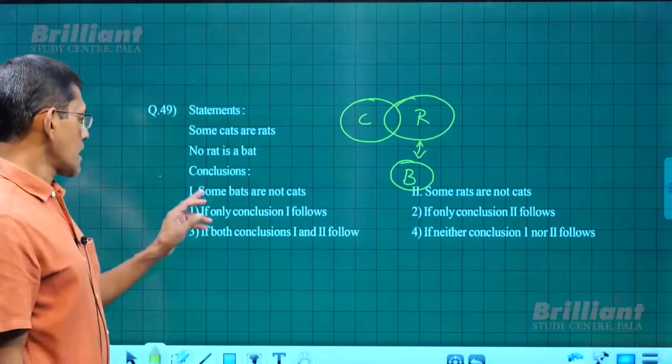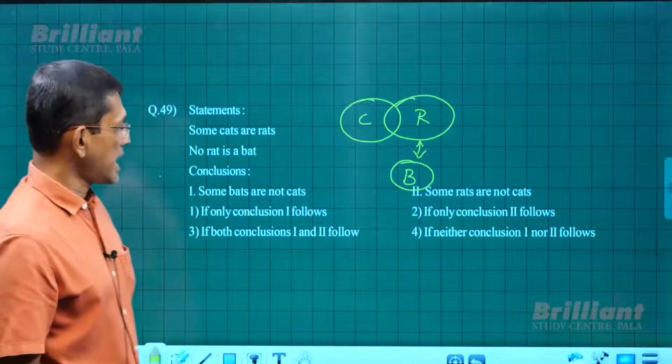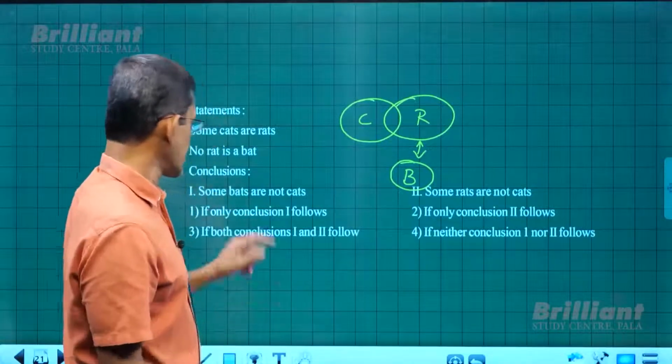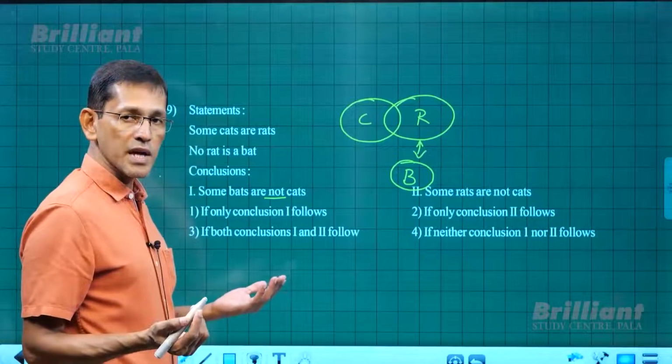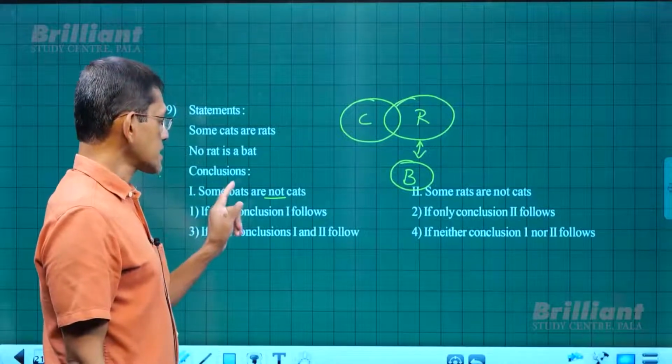Now look at the conclusions. Some bats are not cats. It's correct. However, it's negative. The conclusion is negative. If a negative conclusion is valid, what we have to do is negate it. When you negate it, some bats are not cats becomes